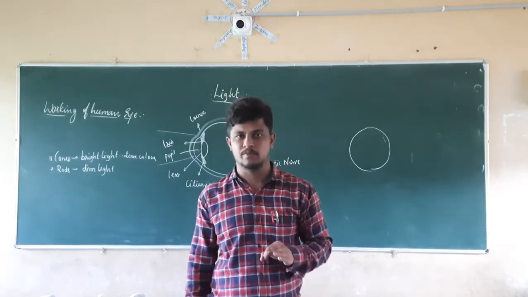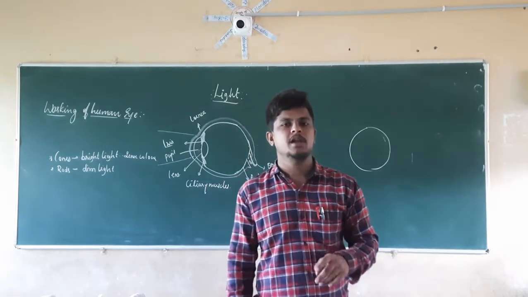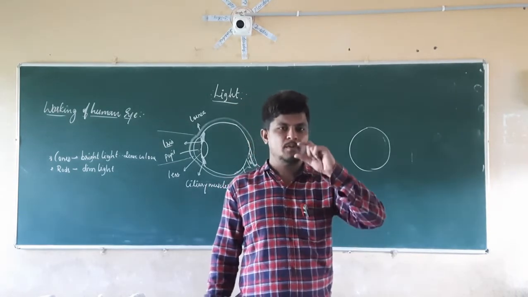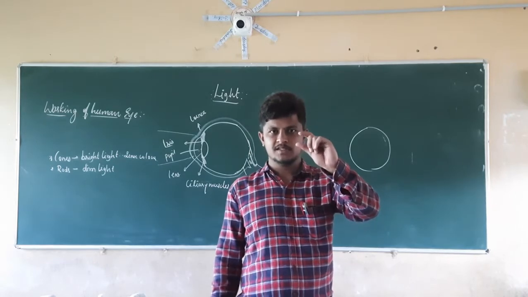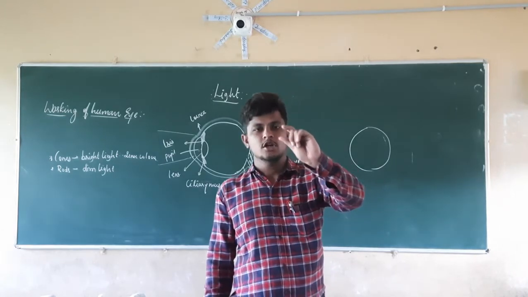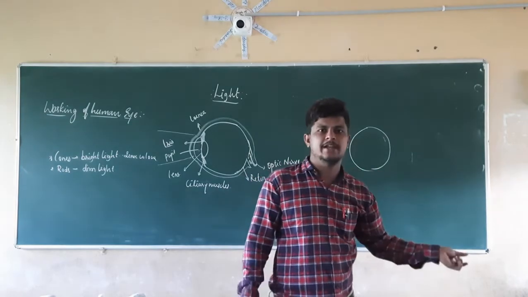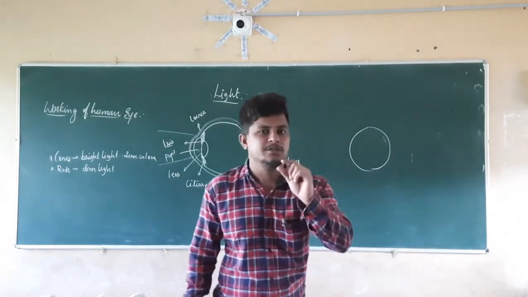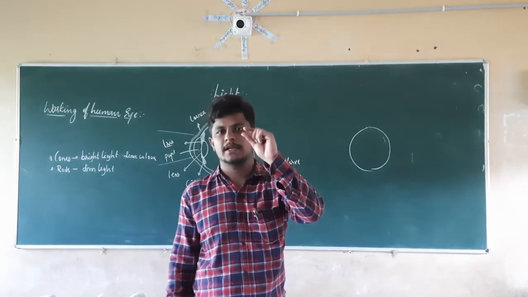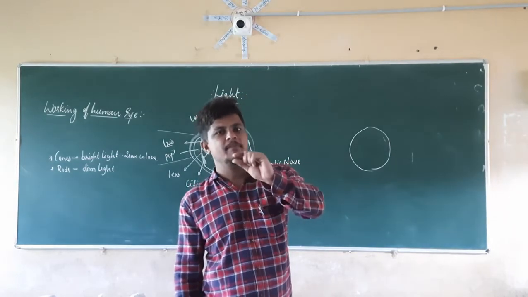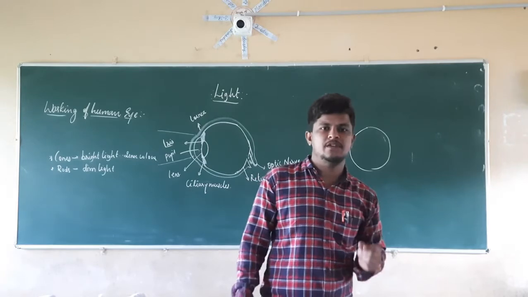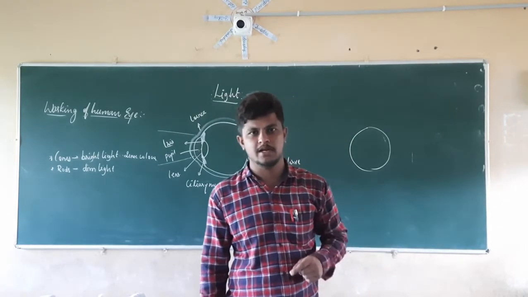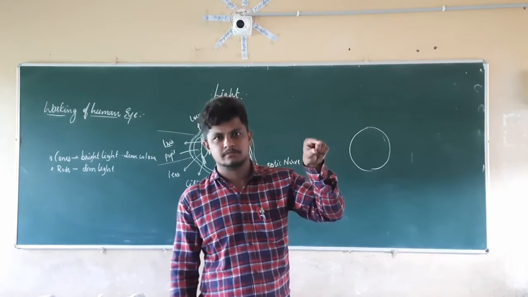Which one is the pupil? When you check the pupil while you are sitting inside a room, the size of the pupil will be larger. In the same way, when you go outside, if you check the same pupil, the size of the pupil in the outside region will be smaller. It will be smaller. In the same manner, at the time of the prayer, if you check the size of the pupil of your friend, it will be a smaller one.